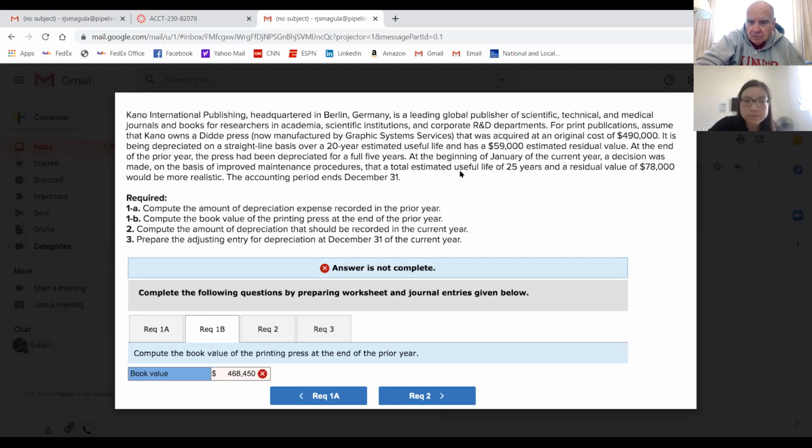After 5 years, they figured out better ways to maintain the machine, found better oil or something. We think that this machine's not going to last 20 years. We think we get an extra 5 years out of it, 25. And now you have a new residual of 78. So let's take a look at,